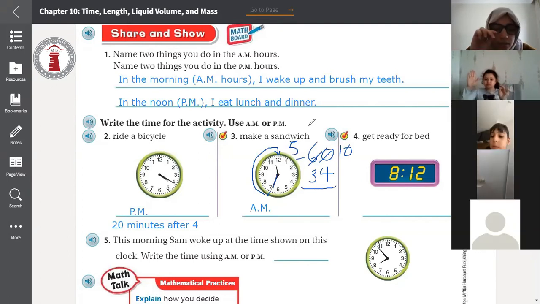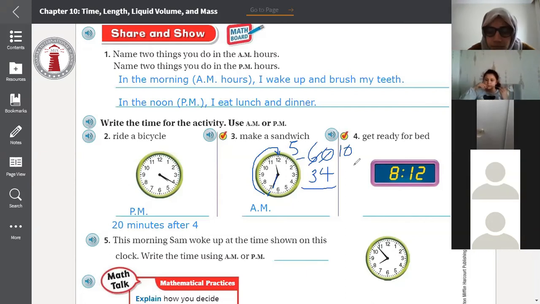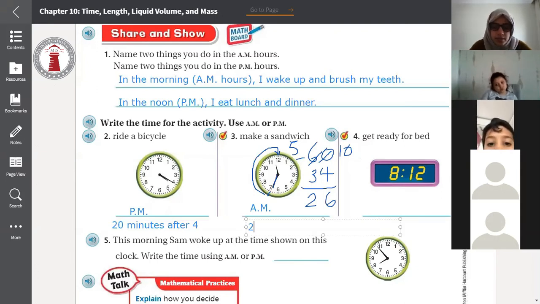Rinad, what's 10 minus 4? 6. And 5 minus 3? 2. Well done. So it's 26. After or before 11? Before 12. Before 12. Excellent, Rinad. So 26 minutes